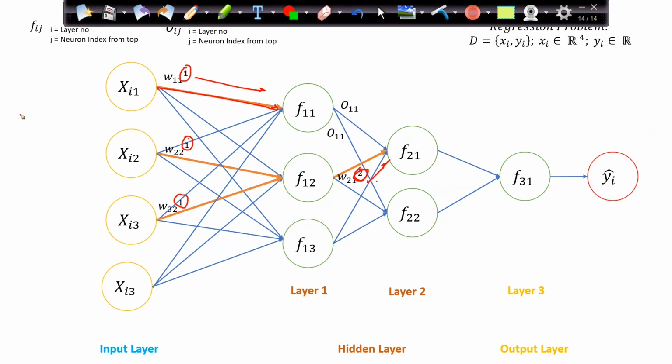If I want to denote it, it is something like W_ij of k, where k is nothing but my next layer. So one is the next layer where it is directing. Here it is 2, the next layer, which is layer number 2, and so on. And what about these: 1 1 1, 2 1 1, 1 2 2, 3 2?